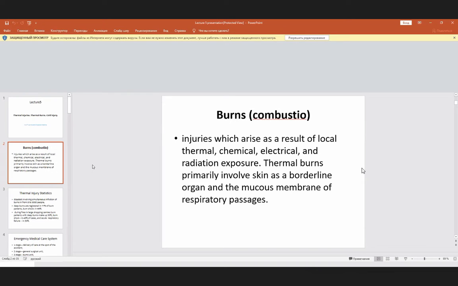In cases of thermal injuries, emergency medical care must include a number of measures, such as rendering first aid